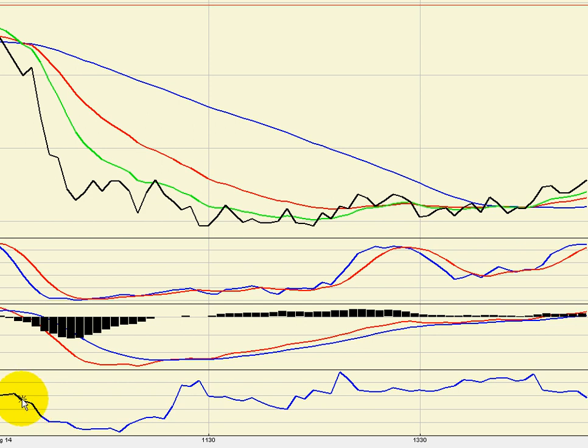A lot of times it'll be up here, and when it starts dropping, it's showing you the congestion is ending. There's a clear direction developing. Now, just because the price is dropping here, the price could go up even, and this would drop. I'll show you an example of that here toward the end, but it's just